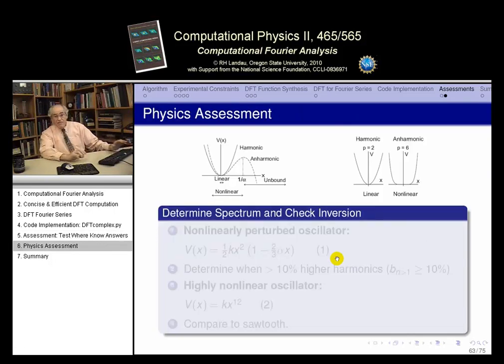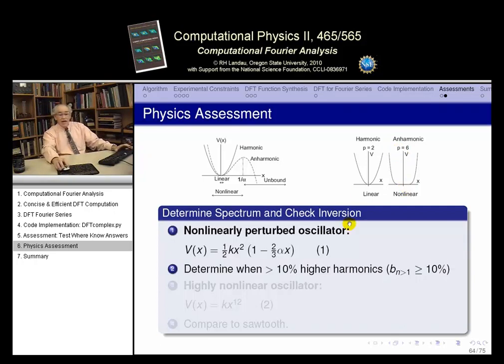Okay. Finally, let's get to the physics assessment. Can you remember back where we started? It's a long time ago. We had these 2 functions. We said maybe you or your instructor will tell you which one you should be analyzing. Either a distorted harmonic oscillator that gives anharmonic oscillations, or a very much anharmonic oscillator which begins to look like a square well. Okay. So if you're analyzing the nonlinear perturbed oscillator, this case here, where we can have an